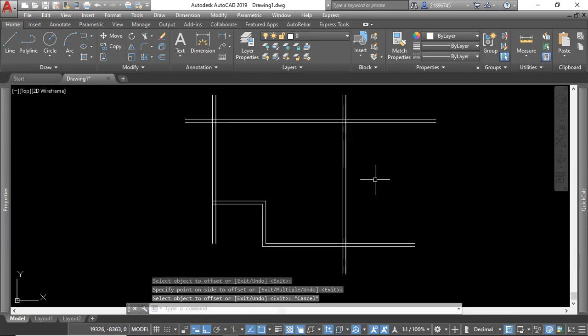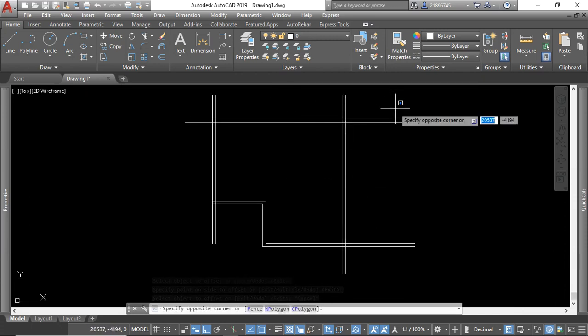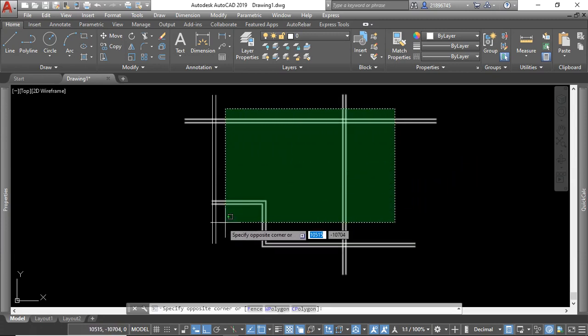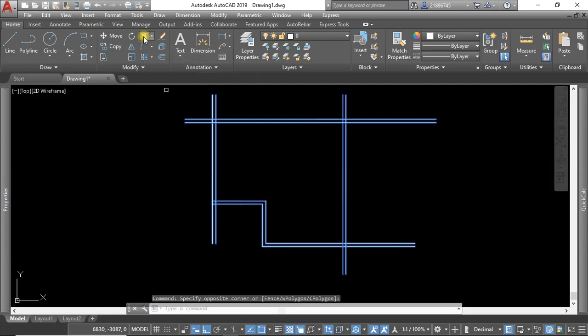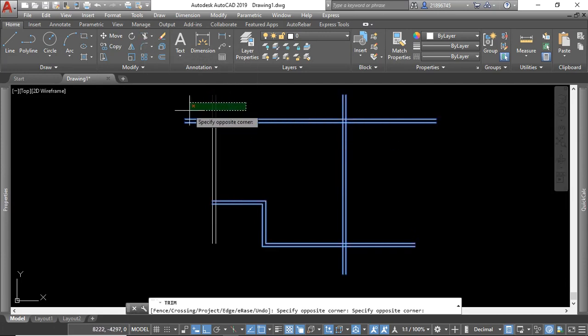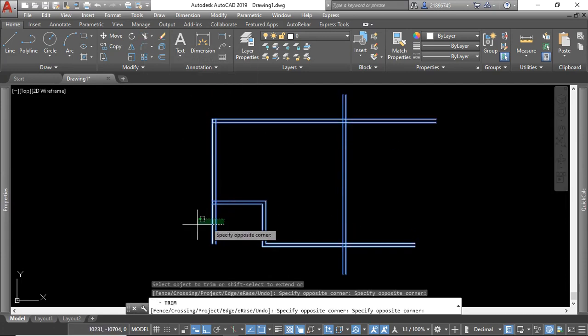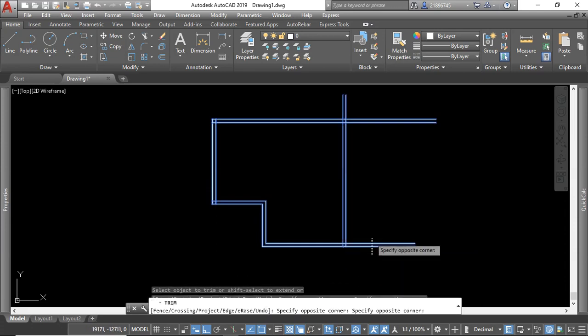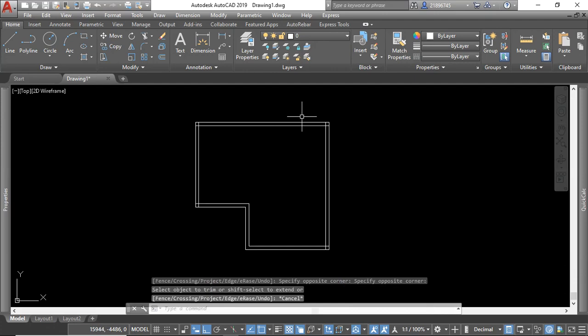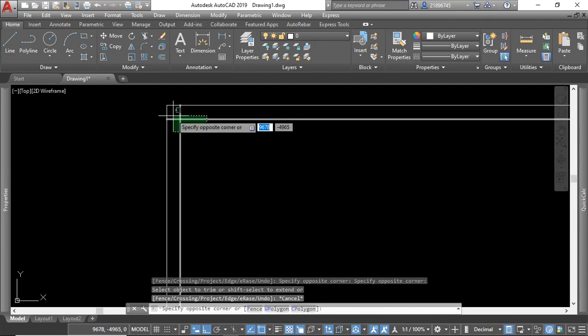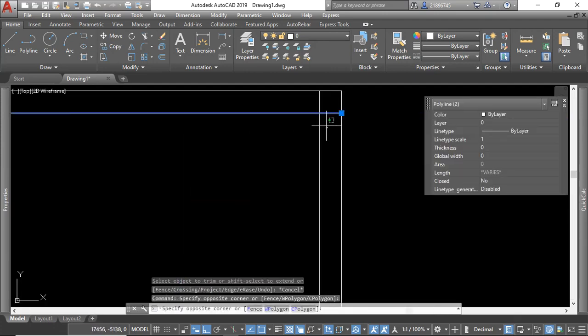Okay, so from there what we can also do is select everything, then we trim the extra areas that we don't want, like this, like that. Okay, so we can go ahead and trim the rest,